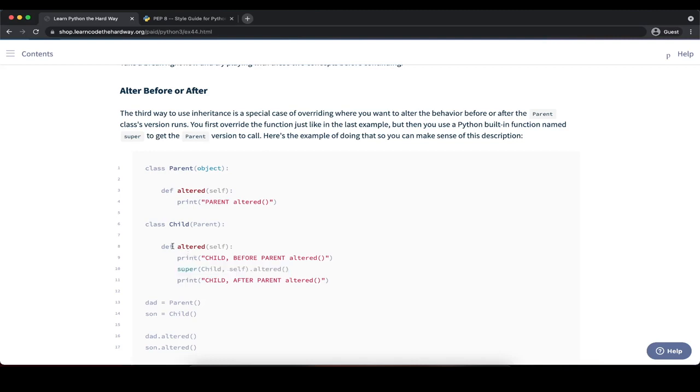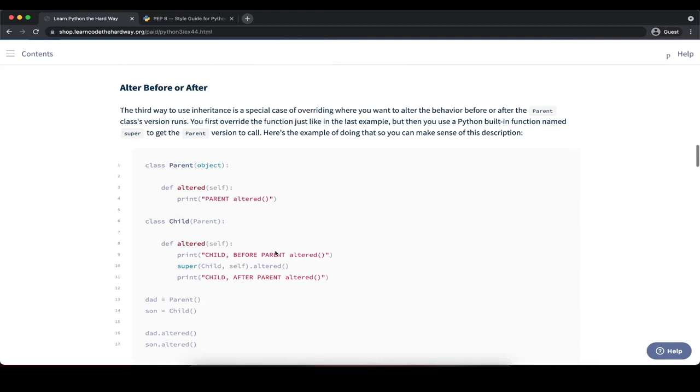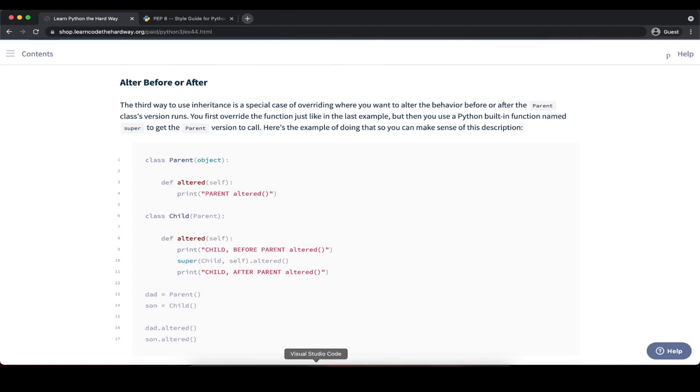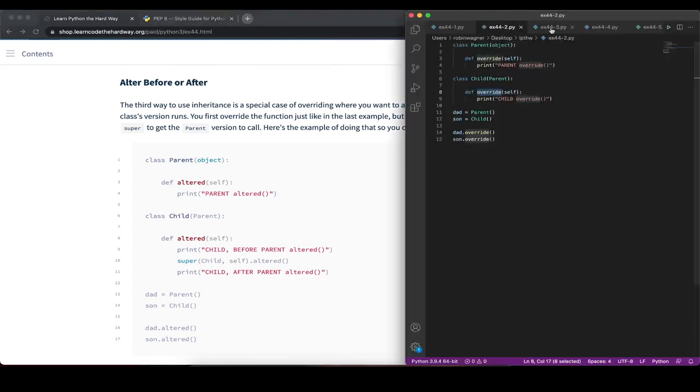And again, if we didn't define altered at all, then we basically automatically would have that behavior that super provides here, so we automatically get all the capabilities of the parent class. So that's a way how we can use some of the behavior of the parent class and then make some adjustments to it. So let's again switch over to our code editor, and I would recommend to create a new